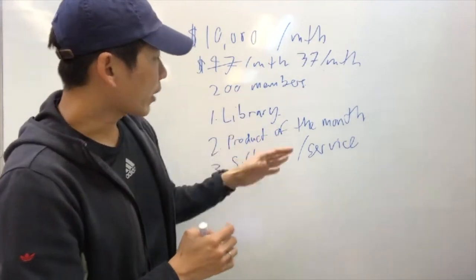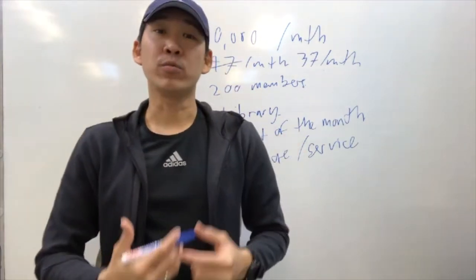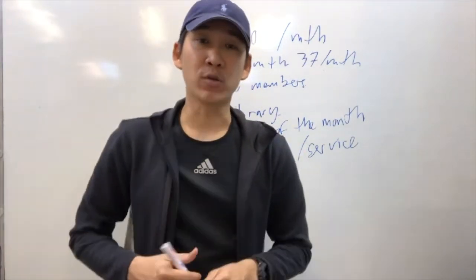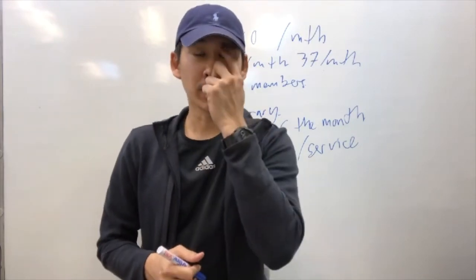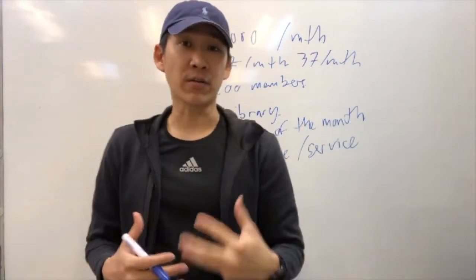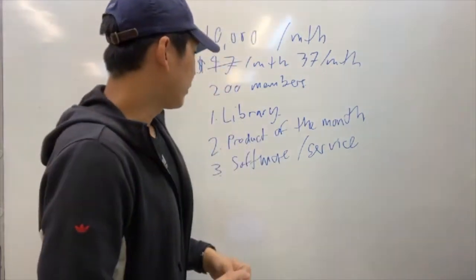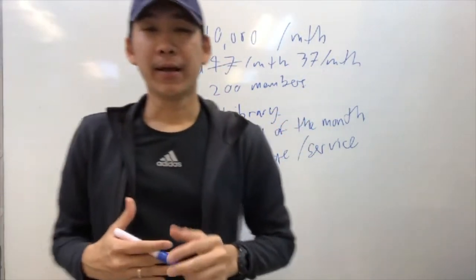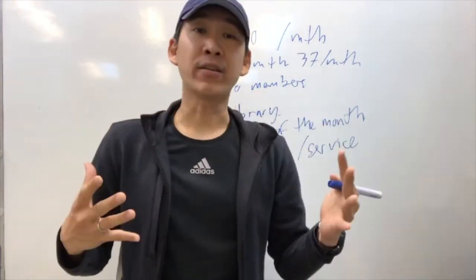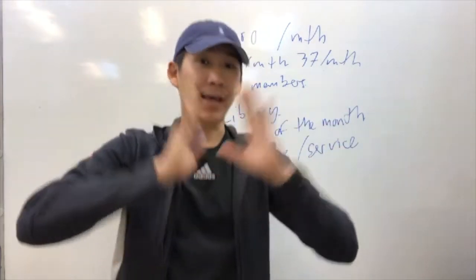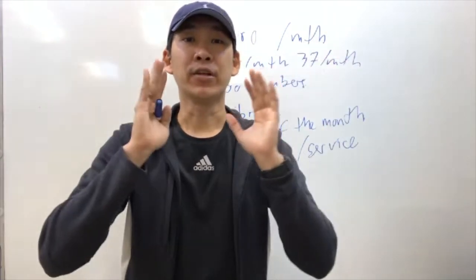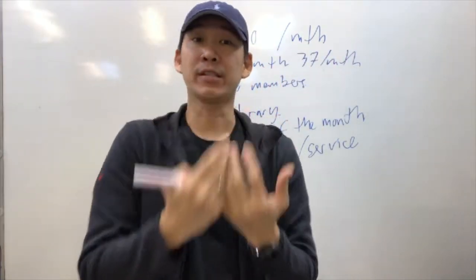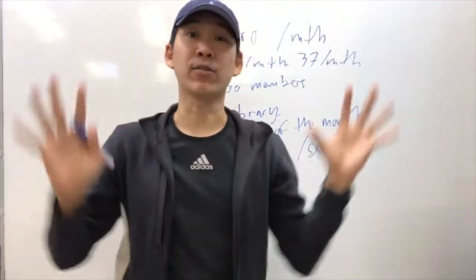Now, look at these three models. Which one would you choose? Which one would be the easiest, and which one would be the best, right? Let me just break it down. If you're thinking of launching a membership, the library model will probably give you the highest conversion. As in, you say, hey, it's going to be $9 a month, and if you join right now, you get access to all of this, right? In my case, my model is $47 a month. If you join right now, you get access to all of this.